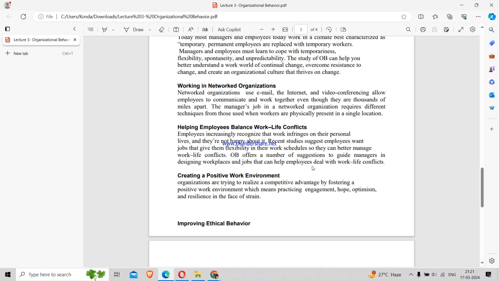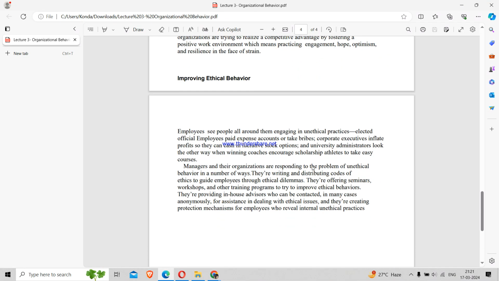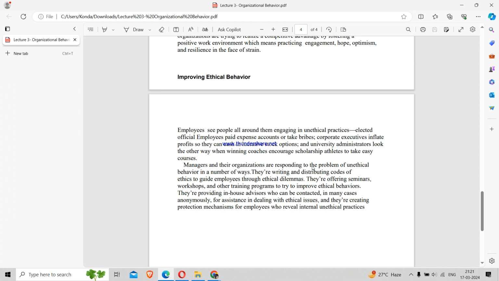And the last one was ethics. Ethics should be followed. Ethics is a very important aspect. It should be followed, and accordingly the company should be able to work properly. If these challenges and limitations, the eight we have discussed, are followed in a company, then the company will be fruitful, and it can produce the effective productivity which is expected from it.